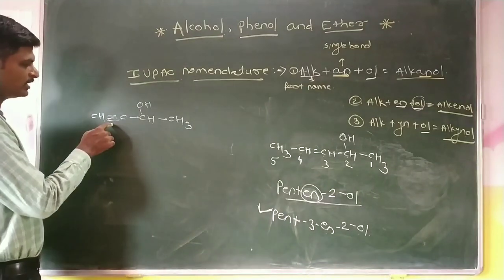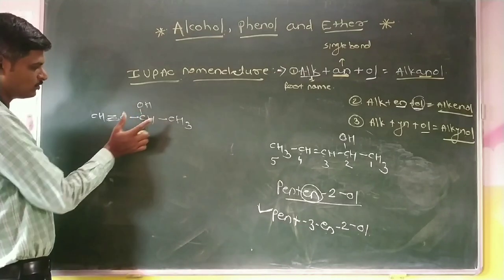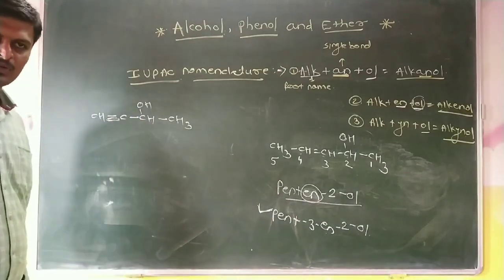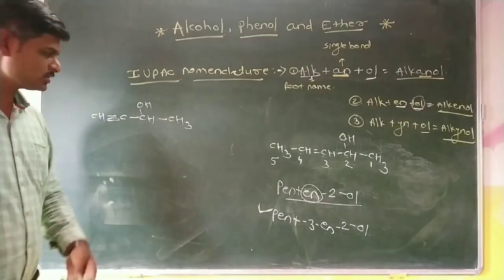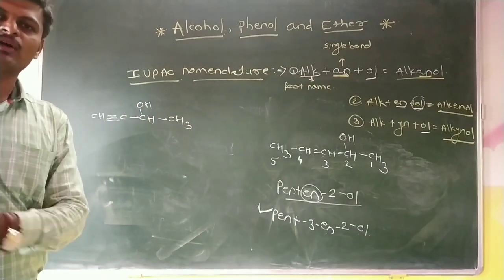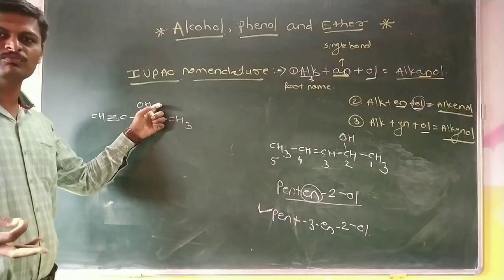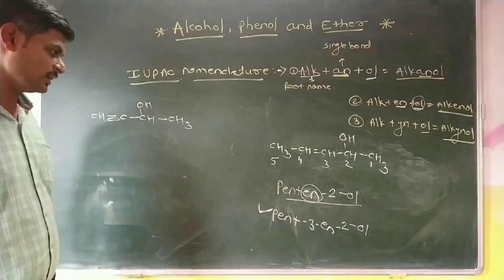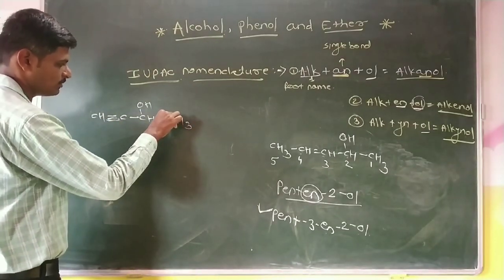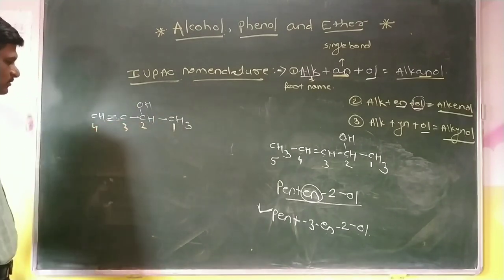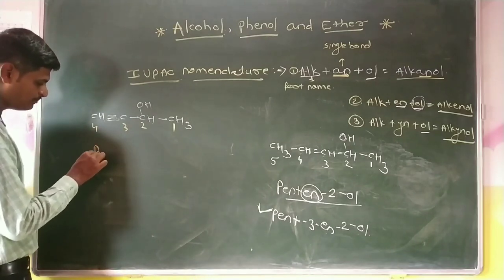But in this case, there is a triply bonded carbon atom and one hydroxyl group attached to a carbon atom. There are two functional groups: one is the hydroxyl group and the second is the triply bonded carbon atom. Out of these two, the priority always goes to the hydroxyl group, because according to the priority sequence, the hydroxyl group has higher priority than the triple bond. The lowest locant is also here. Therefore, numbering we start from here: 1, 2, 3, and this one is 4. The root name for four carbon atoms is but.